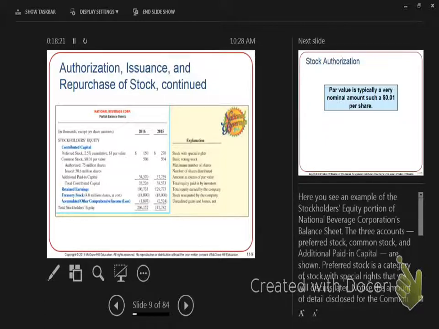There was a little bit more information in Home Depot's. This is a little abbreviated because it would be overwhelming on the slide, where Home Depot actually had the 2016, 2017 beginning and ending shares. This just tells you that you were authorized to sell 75 million and you had issued 50. You would not be able to do an average on this information. Notice this number right here, par, I'm going to talk about on the next slide. Then notice here it said 506 million, 504 million, and down here we talk about something called additional paid in capital. I'm going to talk about those two numbers next.